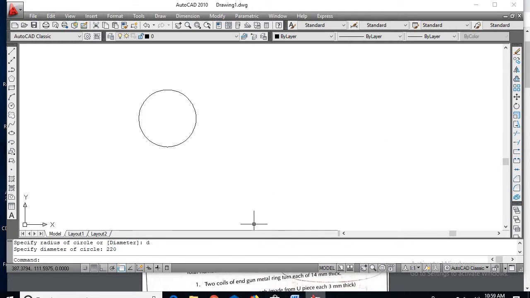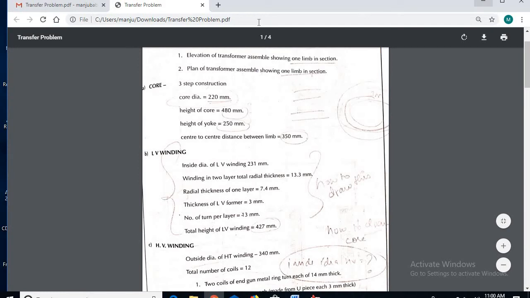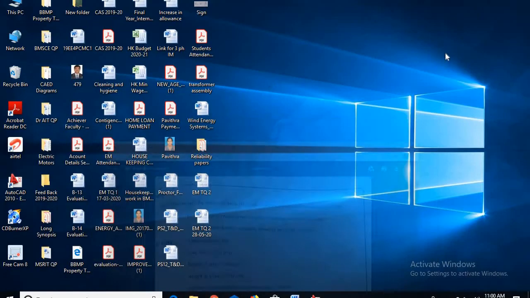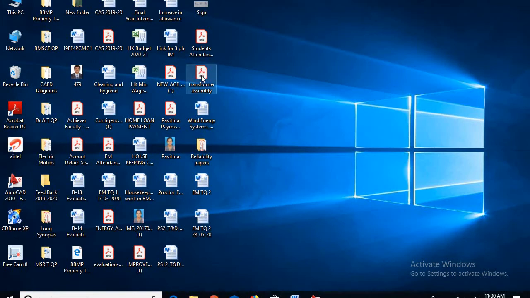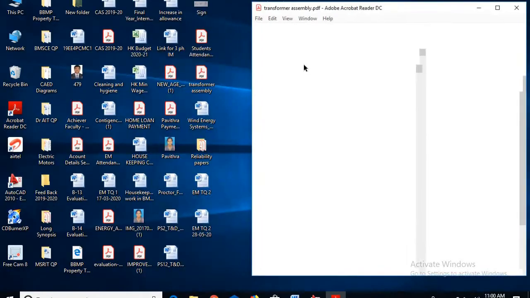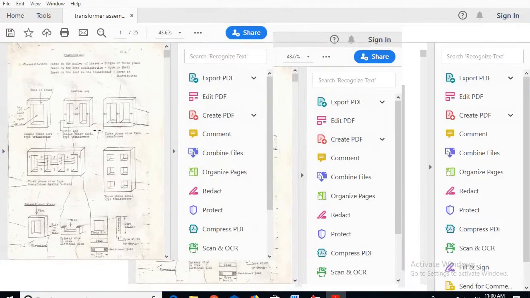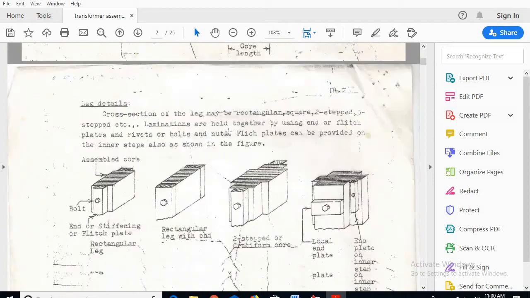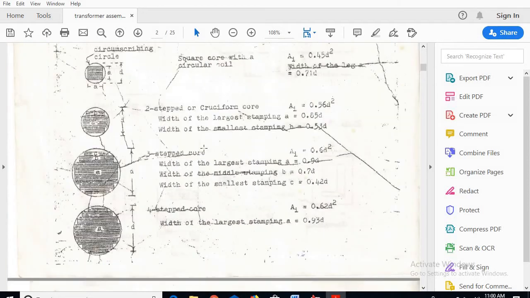Next, similarly, if I go for width of the smallest stamping, that is B. So B is equal to 0.7 D. So I'll write it at one particular place.